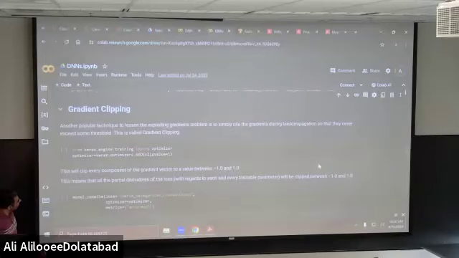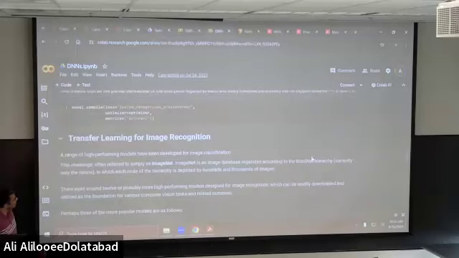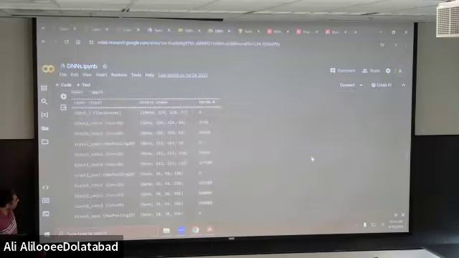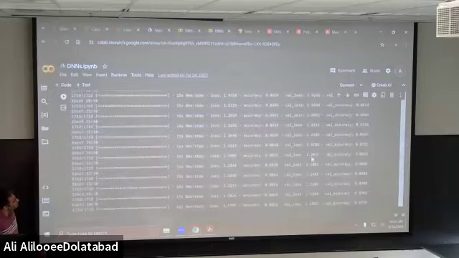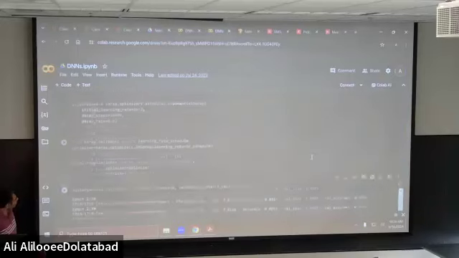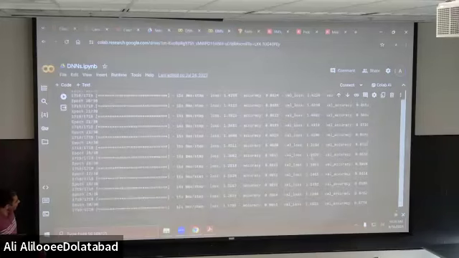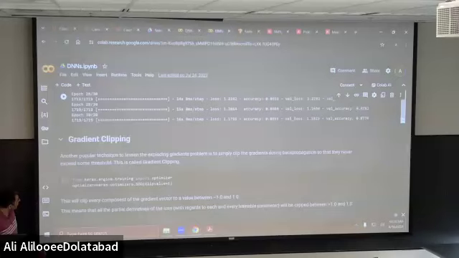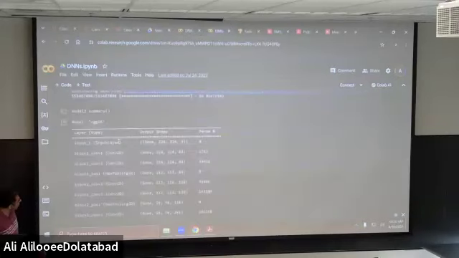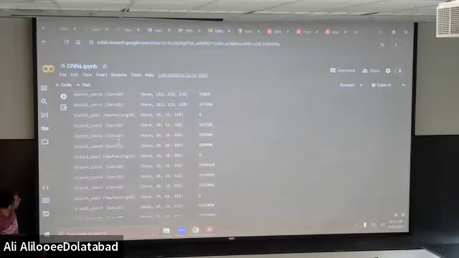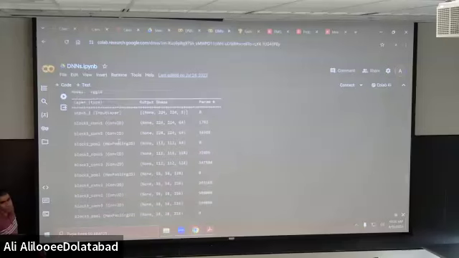So here we have gradient clipping. I don't want to explain this, and this one for transfer learning of image recognition. I don't want to explain this either. I think mostly this stuff is used for more deep learning courses. Then I think what you need for the homework is just here. If somebody is interested, you can look at this stuff. Especially this, which is the convolutional neural network.